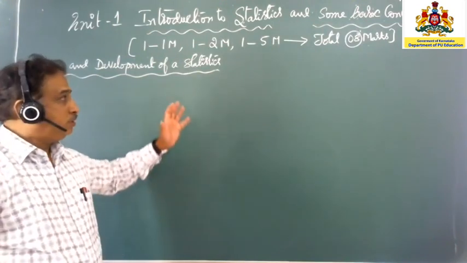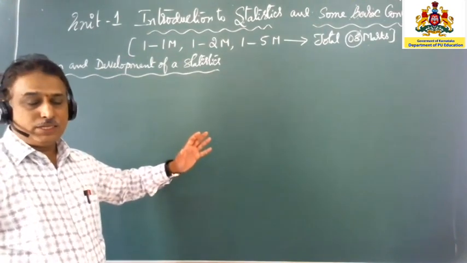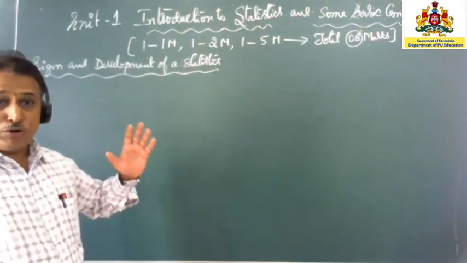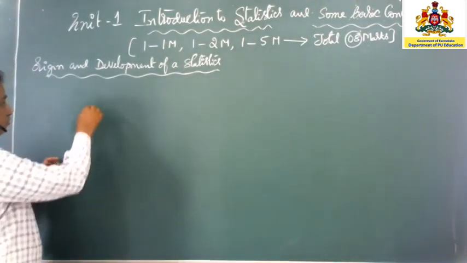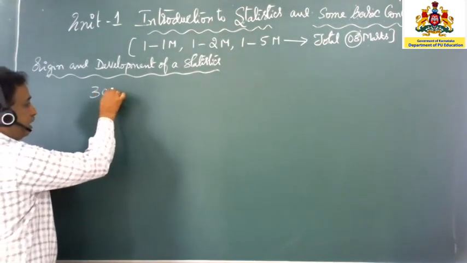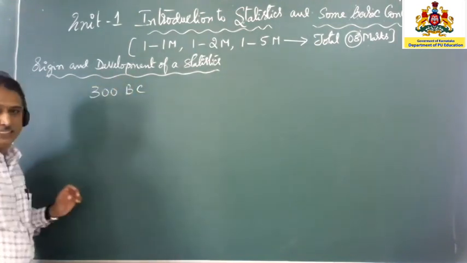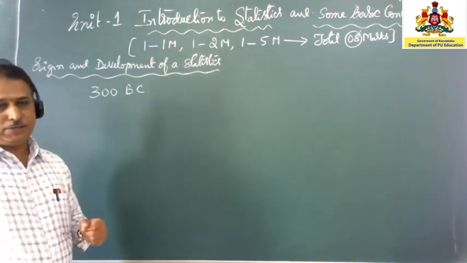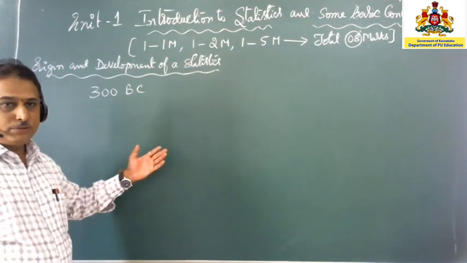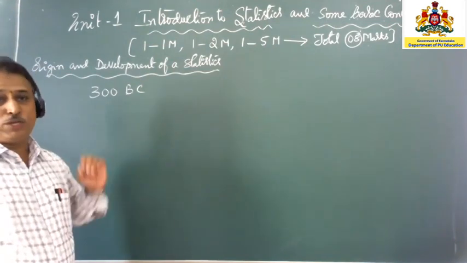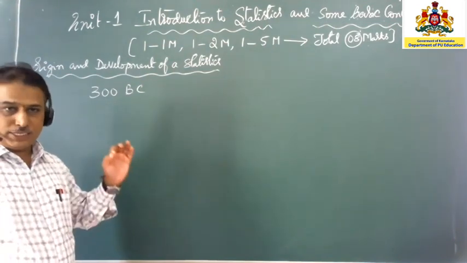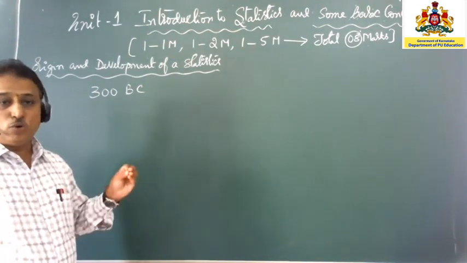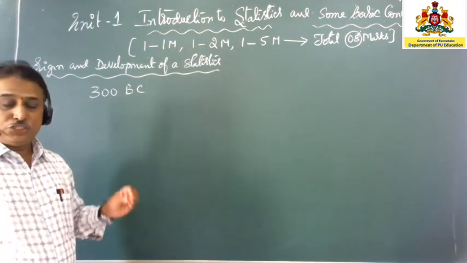Officially, in our India, they were collecting statistical information more than 2000 years ago. That means in 300 BC, before Christ, the kings were ruling our country. At that time, Chandragupta Maurya was the king. His minister, Kautilya, Chanakya,